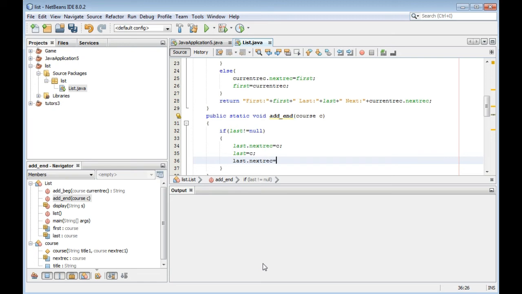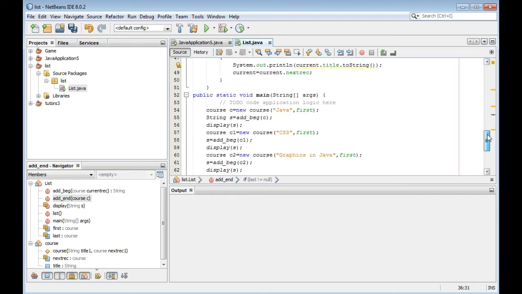This is very important, otherwise there will be an infinite loop. So we get the current record and put the address in the previous last, and the current record is the last, and the last record's next record will have null. It means the end of the list. So it is add at the end of the list.